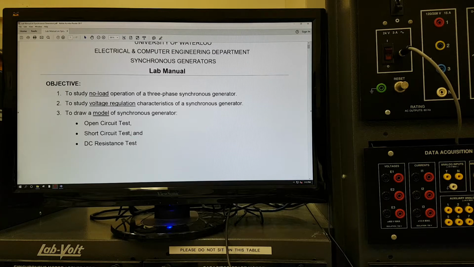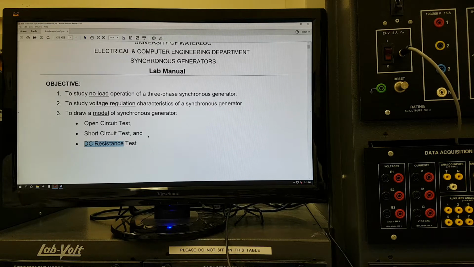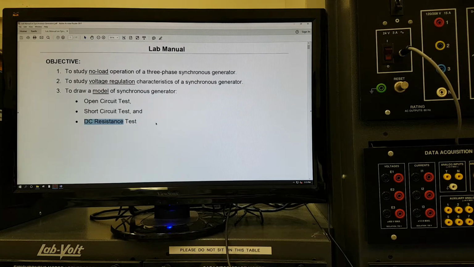If from these two tests you will get the synchronous impedance, and if you know the synchronous impedance and resistance, then you can find the synchronous reactance. Basically we need to find the RA and XS. The RA is the armature resistance, XS is the synchronous reactance. That is the model for the synchronous generator. Okay,